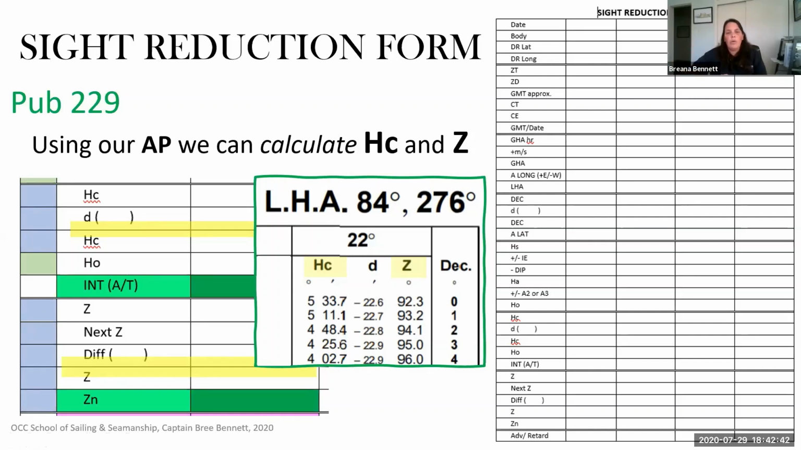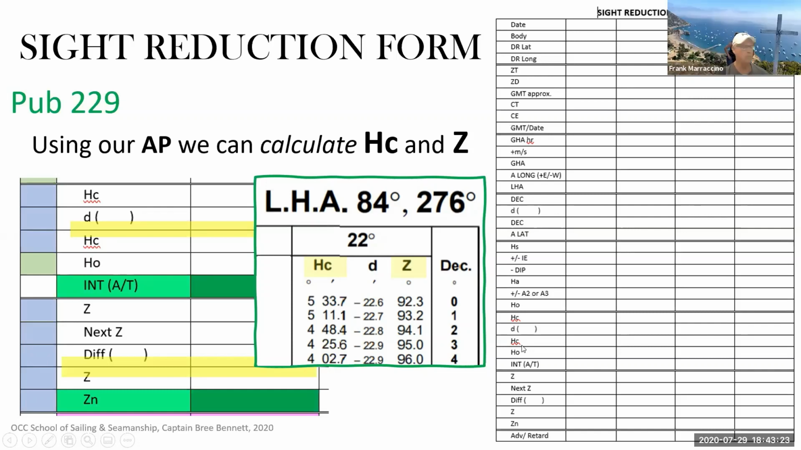We are given 3 columns in each column, if you will: HC, and then there's a little D, and then there's the Z. The HC is the calculated altitude, and the Z is the azimuth that we're then going to convert to ZN. So these are the two columns that we're looking at, and how to find